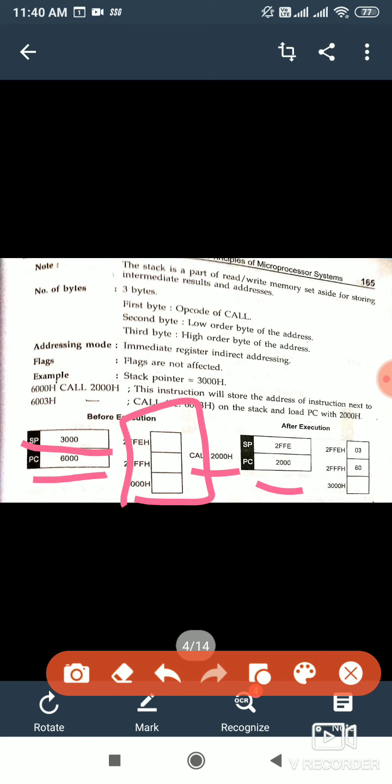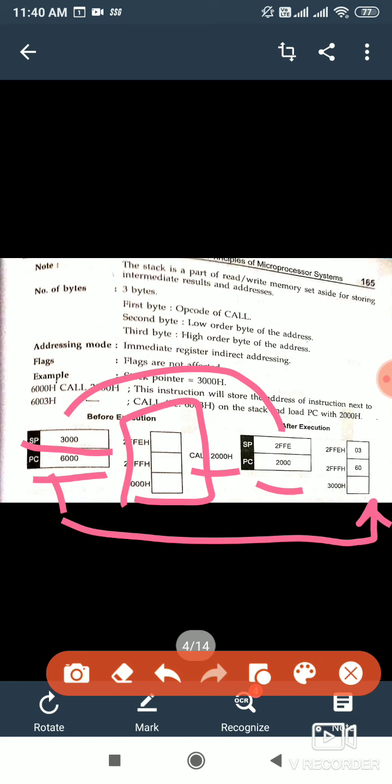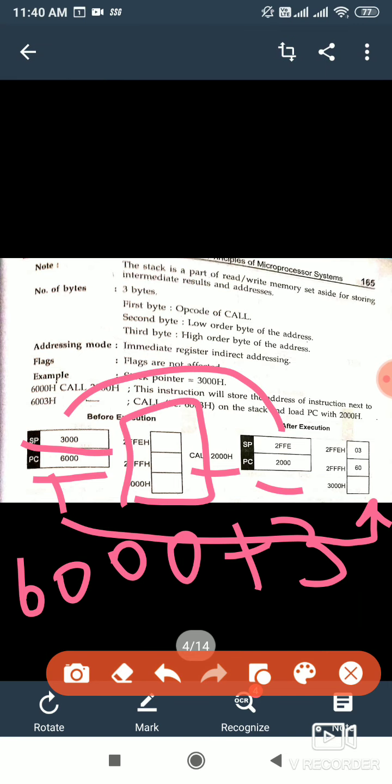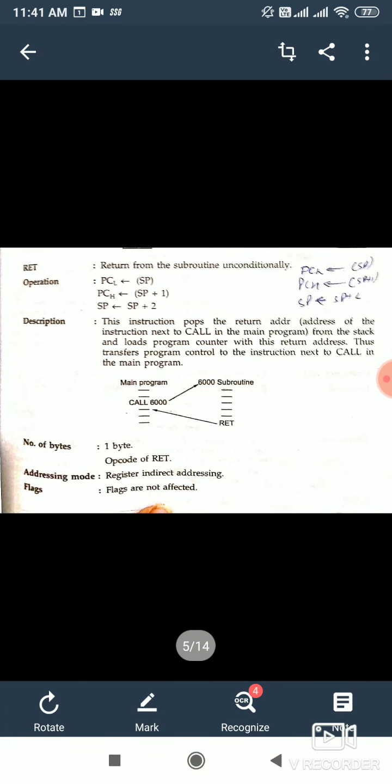The stack pointer is decremented twice, so it would be equal to 2FFE. How is it twice? Because it has to store the next program counter address. The next program counter address would be 6000 plus 3, because it is a 3-byte instruction. So 6003 is stored here, first the higher byte and then the lower byte. In this way the call instruction takes place.